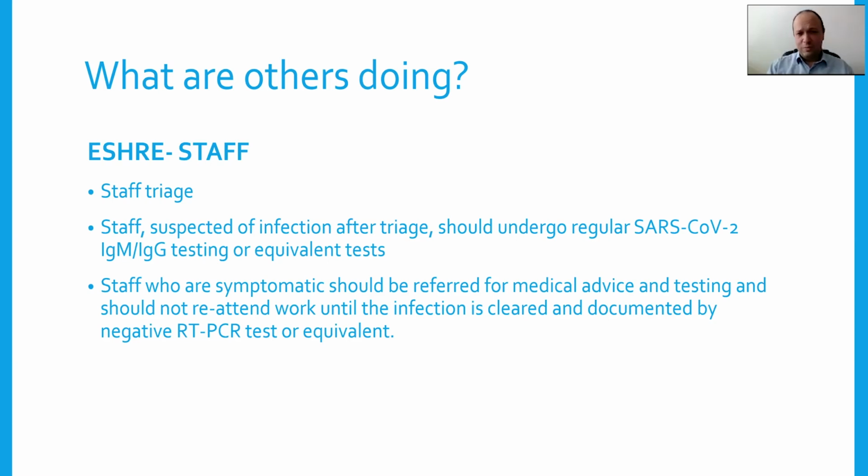They also go on to say that staff suspected of infection after triage should undergo regular SARS-CoV-2 IgM and IgG testing. Now, I'm not an immunologist, but I suspect that antibodies are produced several days after you're actually infected, and probably several days after you're actually infectious yourself. So I'm not entirely sure if I'm misinterpreting that guideline there, but that is what the guideline says. They then go on to say that staff who are symptomatic should be referred for medical advice and testing and should not re-attend until they've tested negative by the standard PCR throat or nasopharyngeal swab test. So they're mixing the antibody testing and the PCR testing, or the antigen testing as it's commonly referred to,